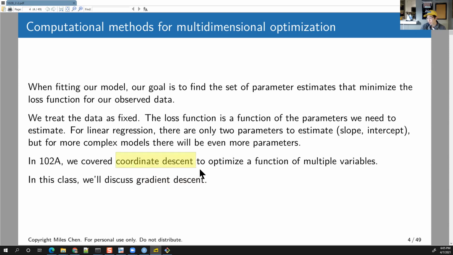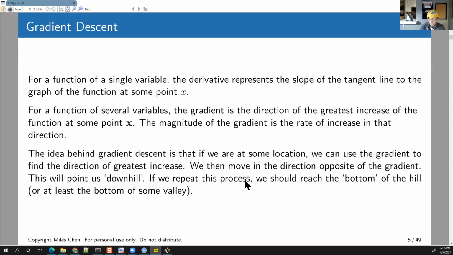In 102A, at least in my class, we covered coordinate descent. Those of you who are in Professor Wu's class, do you guys also cover coordinate descent in 102A? Maybe, I don't know who is here from the other professor's class, but anyway, we'll take a look at gradient descent. Okay, and so